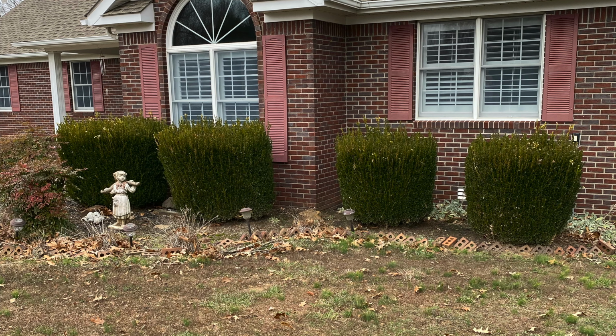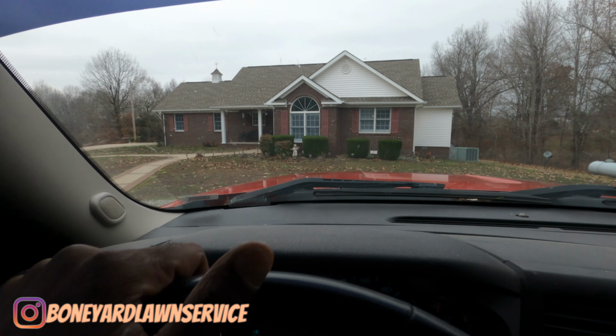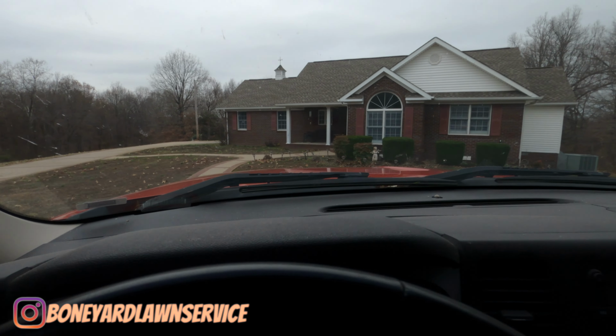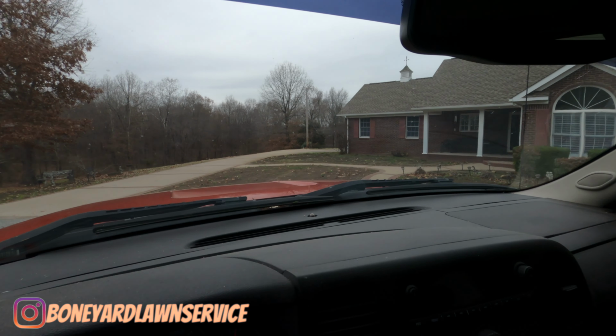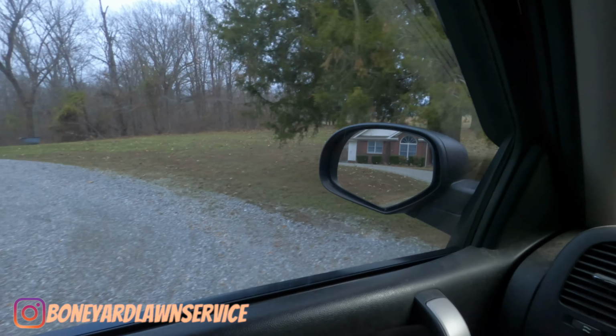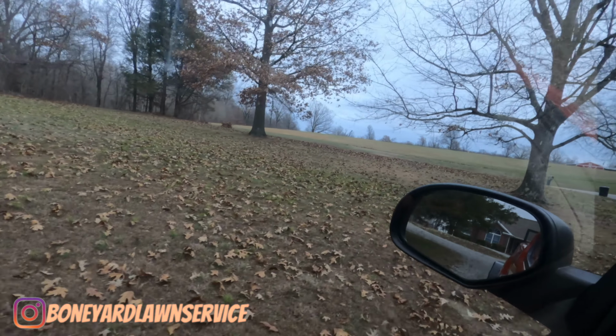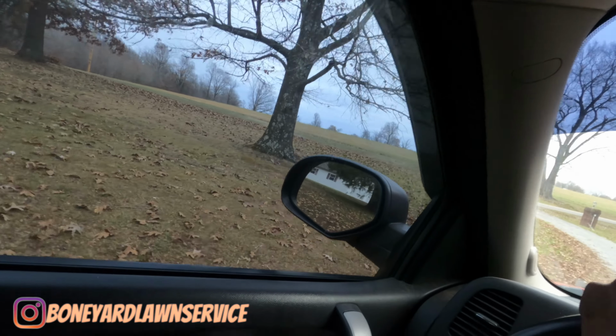You see those bushes? So got it knocked out, fellas. Bushes. Did a little edging. And there's some leaves down here in this ditch. So I'm coming back next week, and I'm gonna get these leaves over here for them and knock those out. But I'm gonna show you